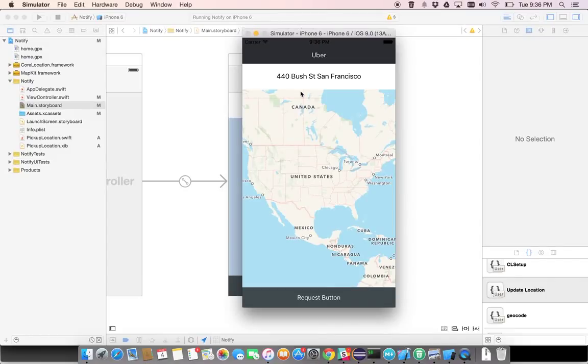Where we left off last time, we were able to have a particular label on a UI view which will show the current address. We have a map view and a request button for requesting pickup. So in this episode we'll be identifying the current location and then setting up the map view to show